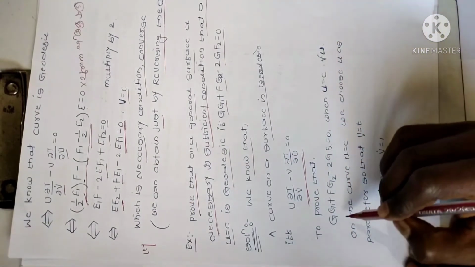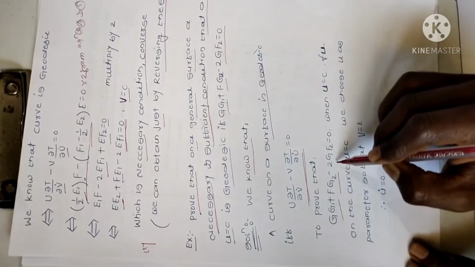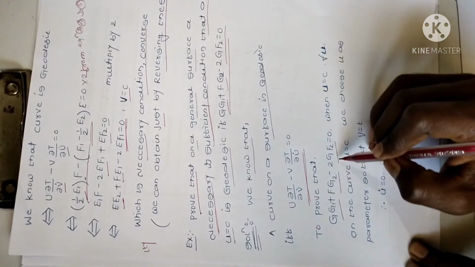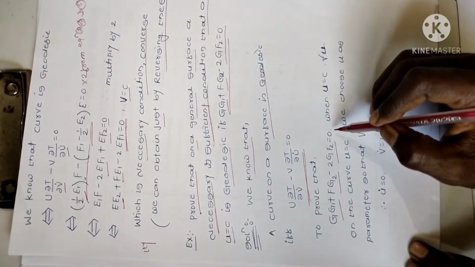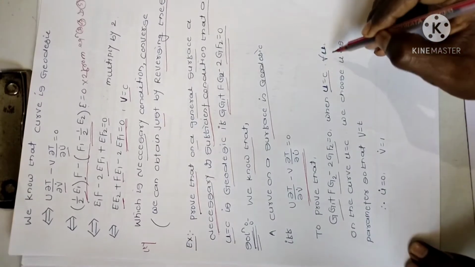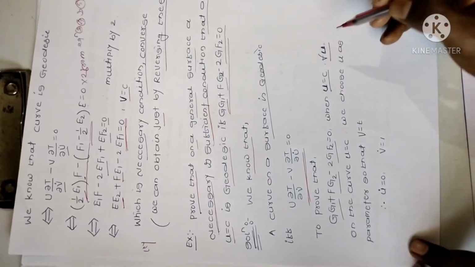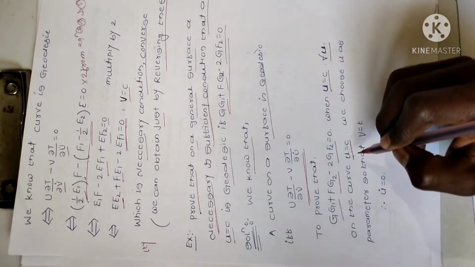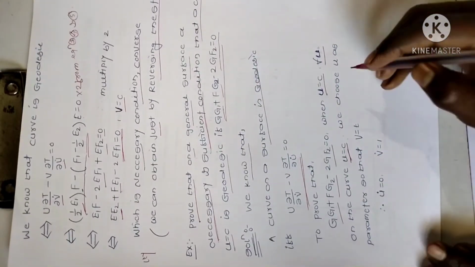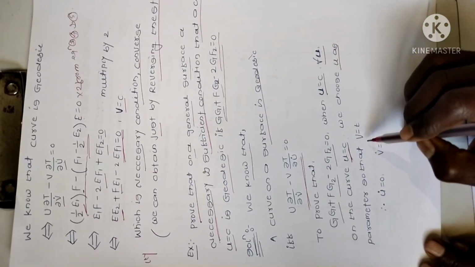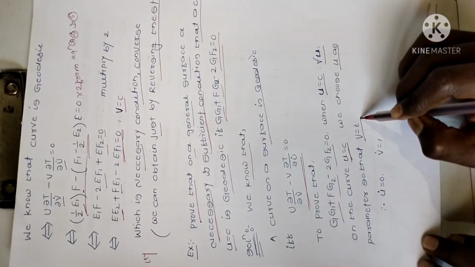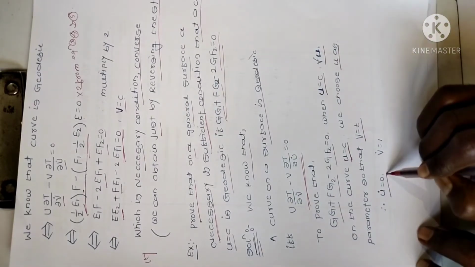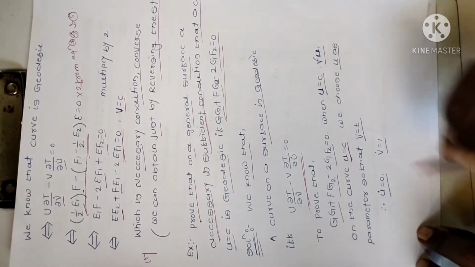So to prove that G G1 plus F G2 minus 2 G F2 is equal to 0 when the curve u is equal to c, for all u meaning all parameter values. On the curve u equal to c, one curve is given and the other we choose u as a parameter, so that v is equal to t. So differentiate u and v. So u dot is equal to 0 and v dot is equal to 1.